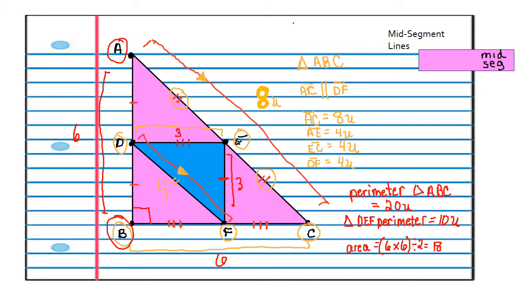So the area would equal 18 units squared. And the smaller triangle on the inside and all the other smaller triangles on the inside would equal 3 times 3, then divided by 2, which would be 9 divided by 2,